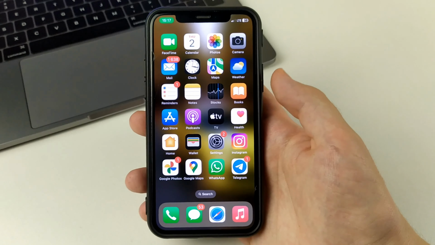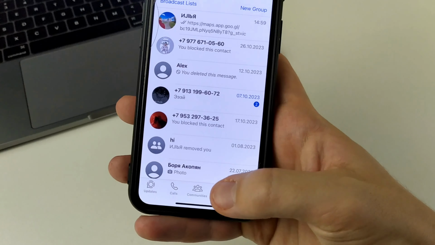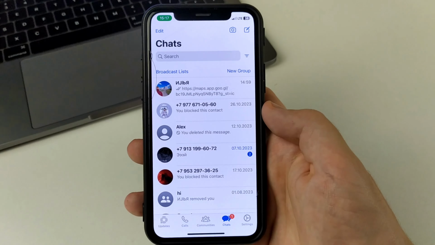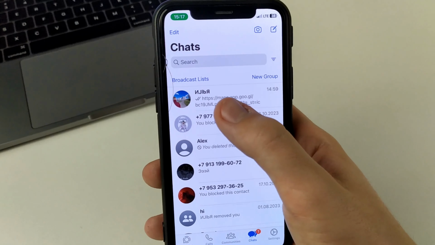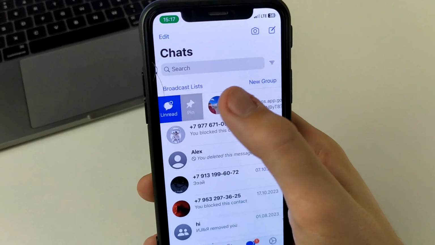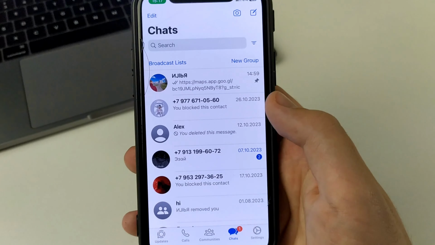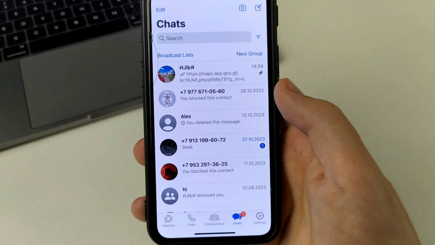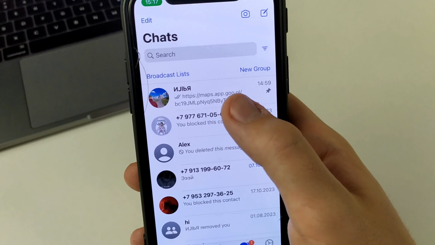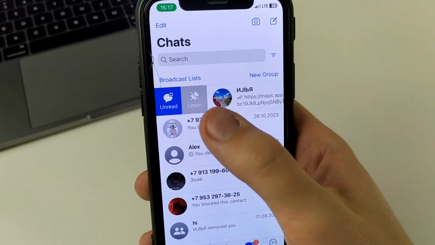To do this we need to go to WhatsApp. And then this is where we open up the chats with you. And in order to bookmark a message with a person, we need to swipe to the right. And there's a pin. Click here. As you can see, we were able to pin this message. Now, if we get a lot of different messages, that person's message will be at the top. If we want to unpin it, we also swipe and hit unpin. That's how easy it is to do.